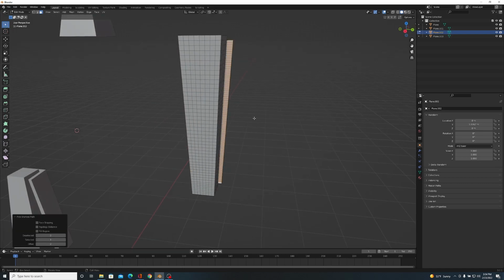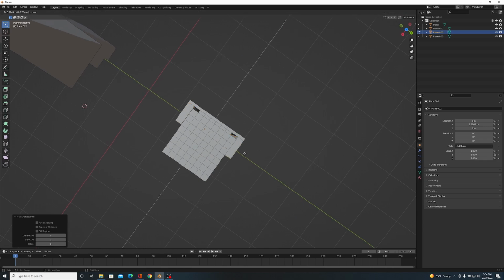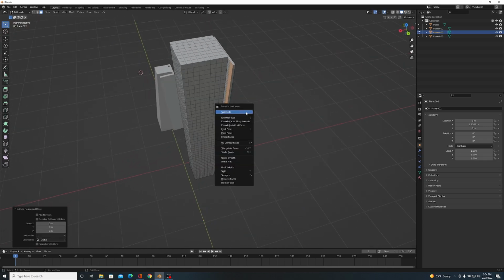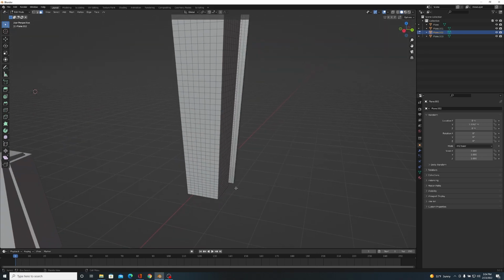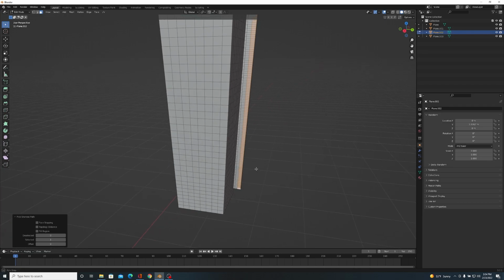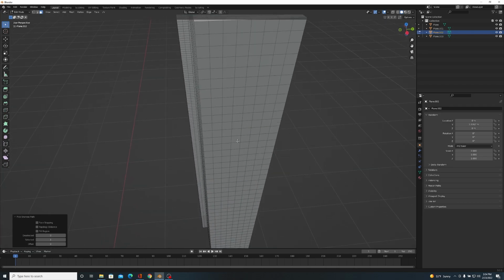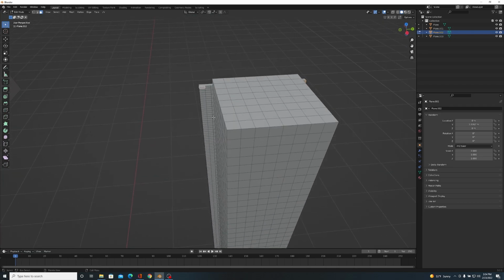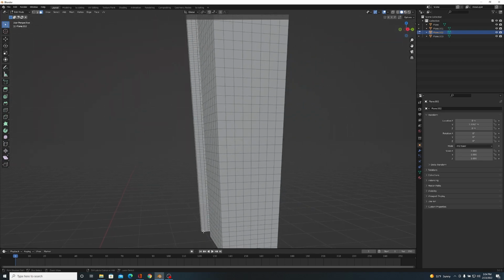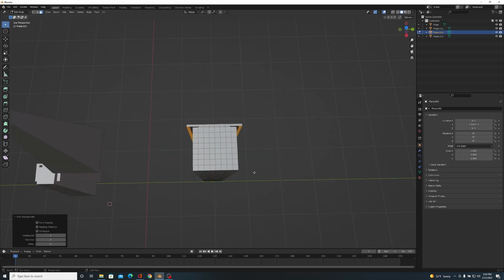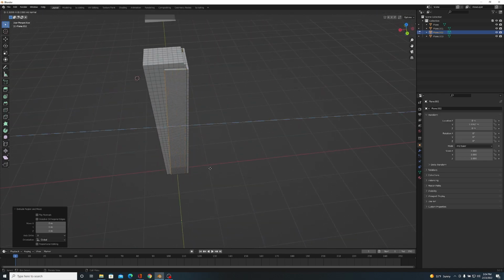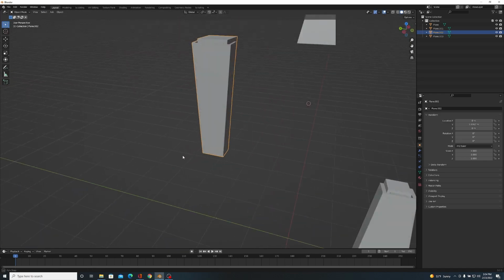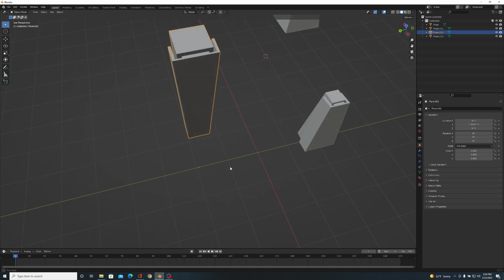This one might be a little too tight. I might have to do another subdivision. Yeah, it's a little too tight. Okay, that's fine. I do this a lot. Sometimes you can't get the line up perfectly, and I am trying to do this a little quicker. Normally I'm a little bit more precise with the placements of everything, but I don't want to take 20 minutes just trying to line things up because I know you guys want to get on with the video. So we're going to go ahead and just extrude that out to like there, like so, and beautiful. So now we got that one done.